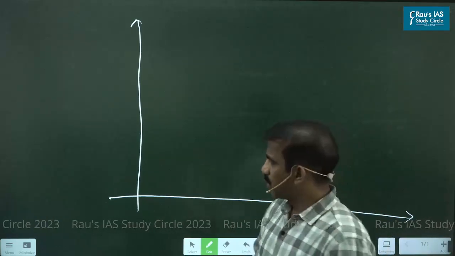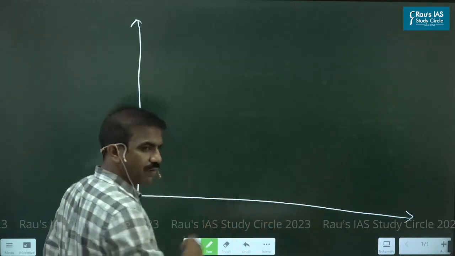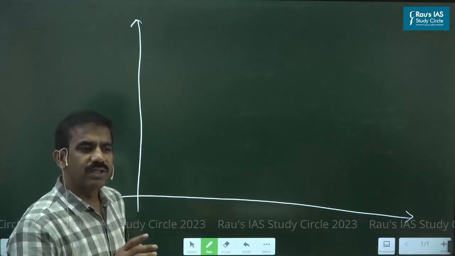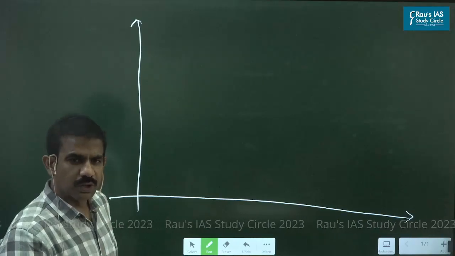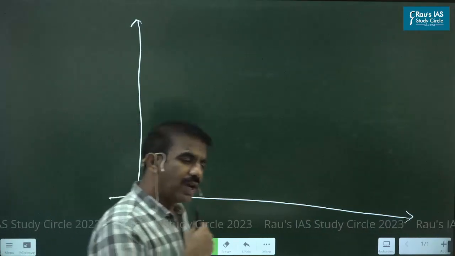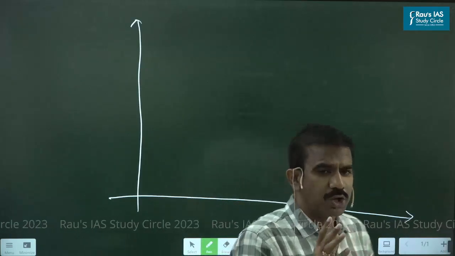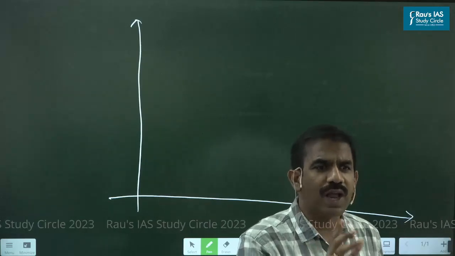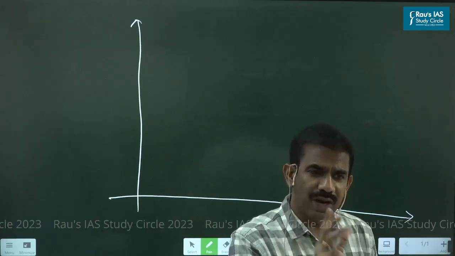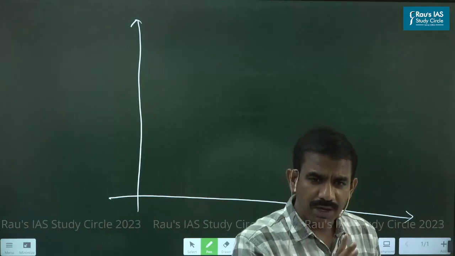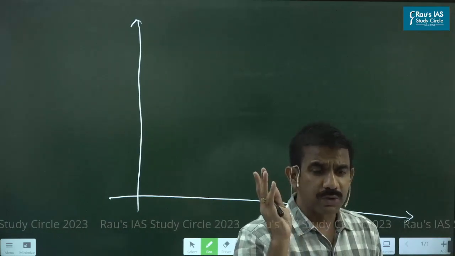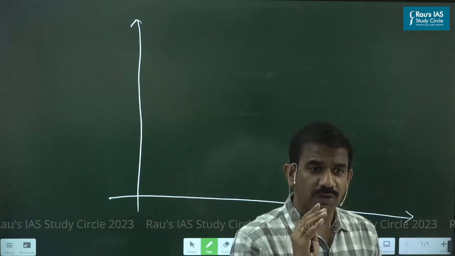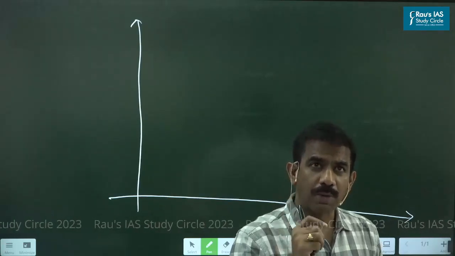So to express the same thing, let me use a graph. Let's suppose there is a nation which has certain limited resources. Until I say otherwise, we'll simply assume the inputs required to produce goods and services are only land, labor and capital. Though long back in the GS class, I said the factors of production, the quintessential elements required to produce any goods and services, are land, labor, capital and entrepreneurship.